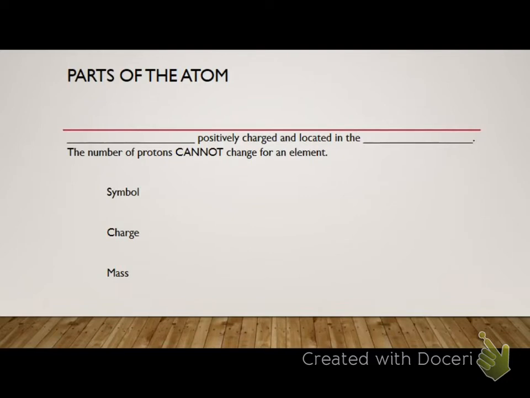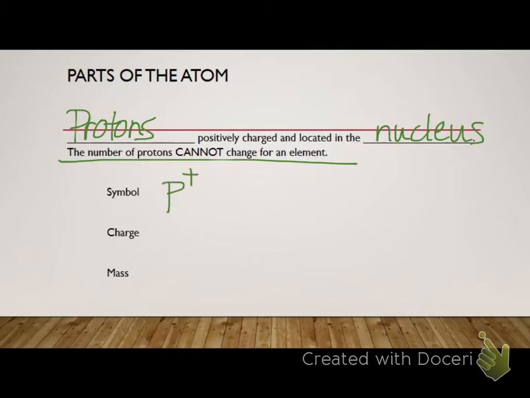So when we have the parts of the atom, let's talk about the protons. The protons are positively charged and they are located in the nucleus. The number of protons cannot change for an element in an ordinary chemical reaction, so they're always going to be the same. Therefore, we identify our elements by their number of protons because they won't change. The symbol is a P plus because it's positive. The charge is +1. And the mass is